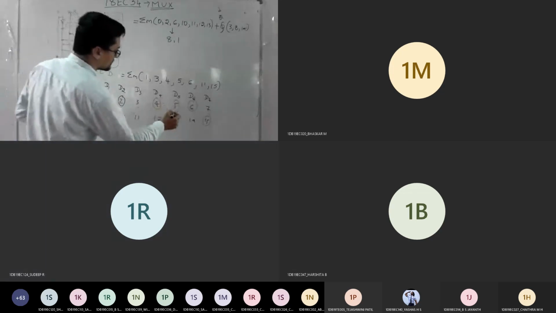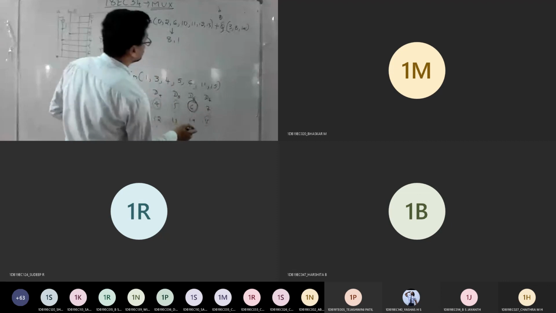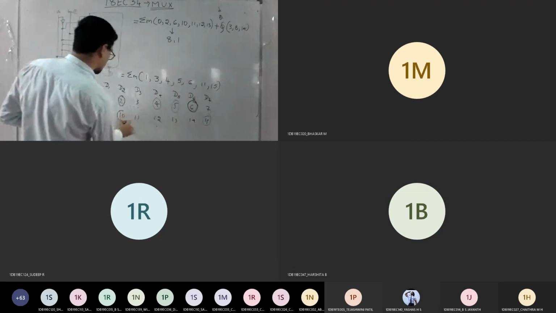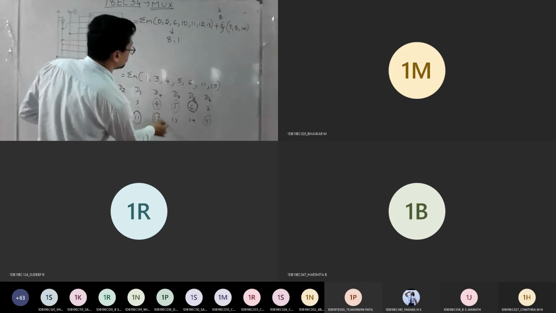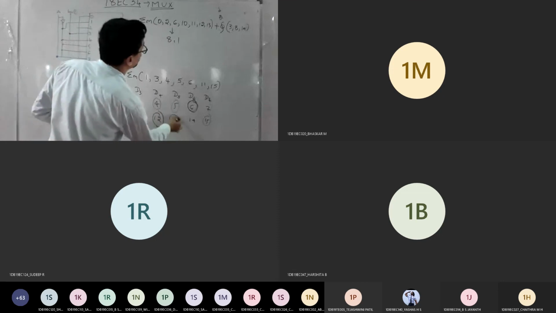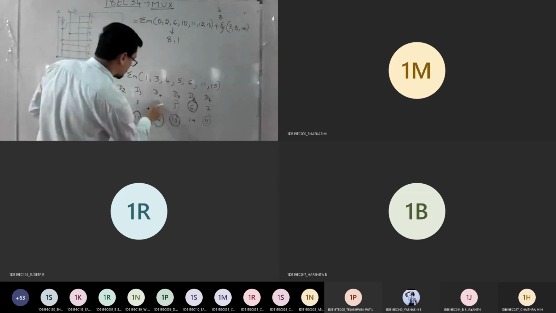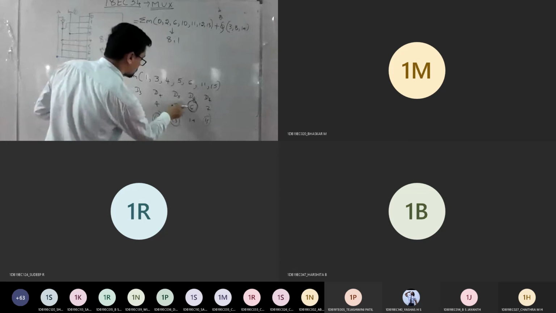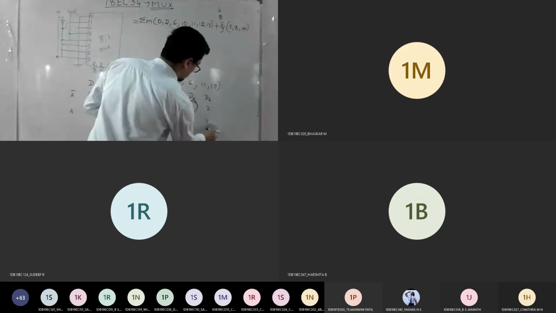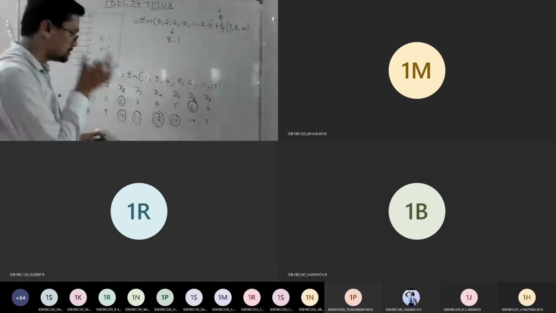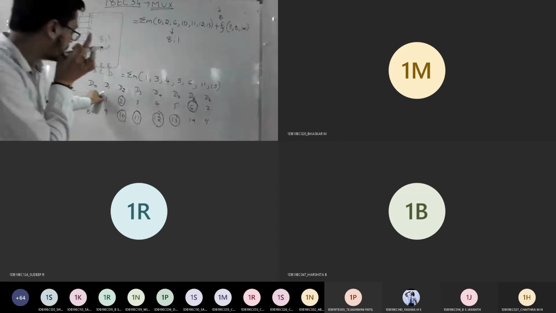So we'll go one round first. Then 6. Then 10, 11, 12, 13. So 4 and 5 are not there. Is it correct here? Okay now. So these are your minterms.